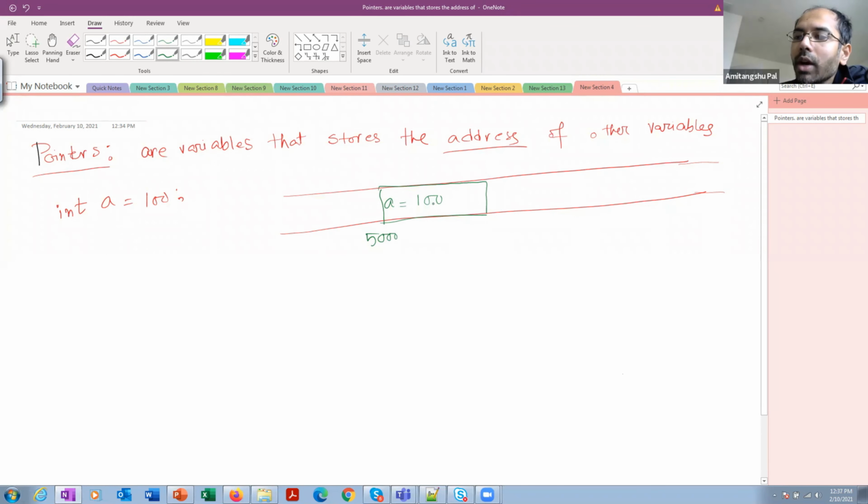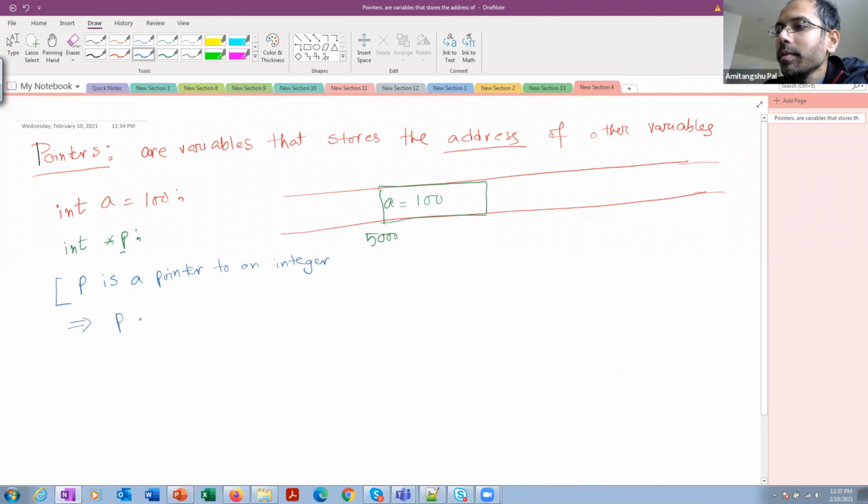All right, now I am writing int asterisk p. Int asterisk p means we read it like this: p is a pointer to an integer, or p is an integer pointer. Both are the same.